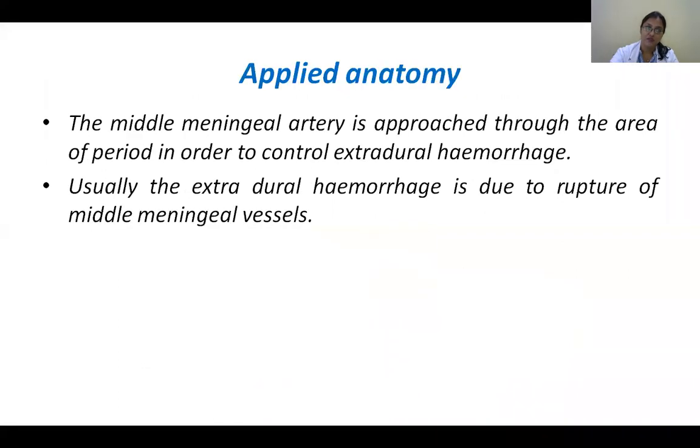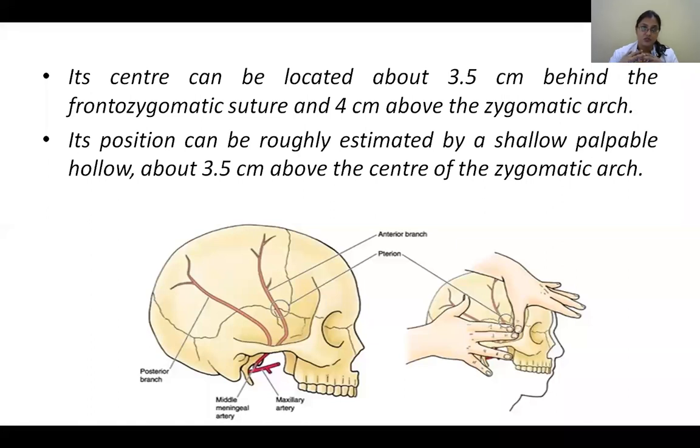And what is the importance of this? It is quite common, you'll be seeing this in road traffic accidents. Whenever there is a fracture of your skull, do you think there will be a bleed? Definitely there will be a bleed. So we've got different kinds of hemorrhages: extradural, subdural, intracranial, like that. Whatever bleed happens within this cranial cavity has an effect on the brain, because the brain is most important and it is all in a closed space in the cranial cavity.